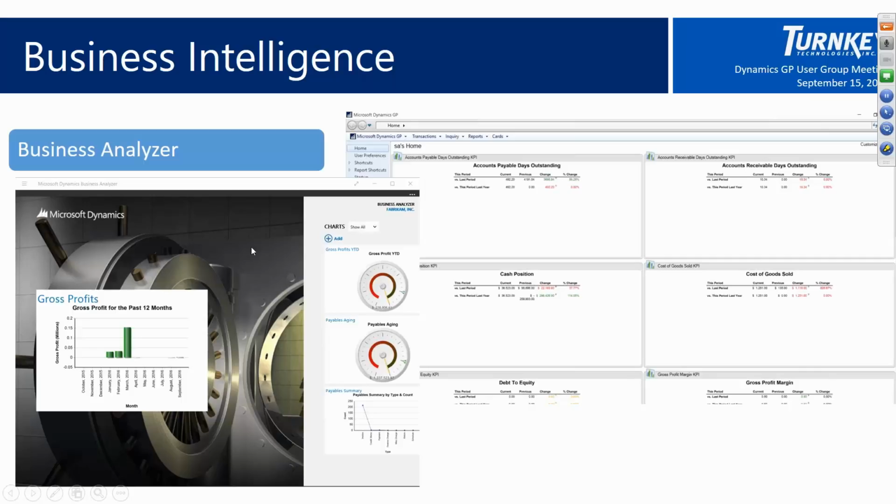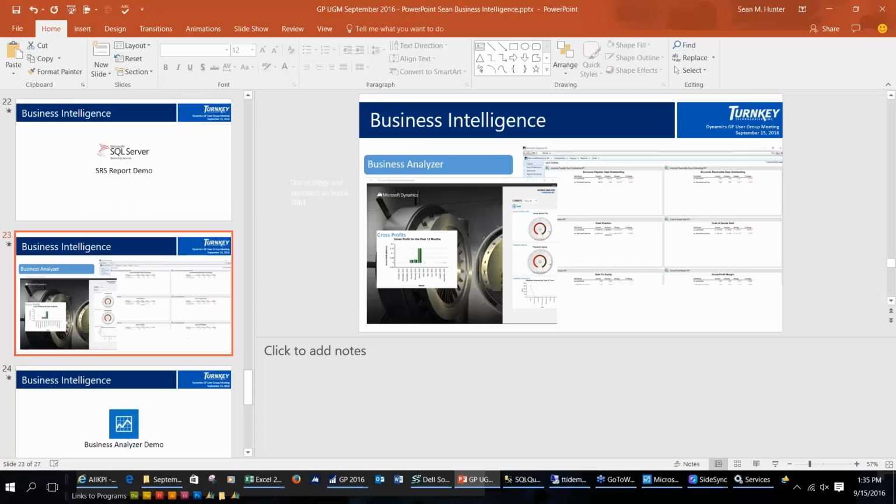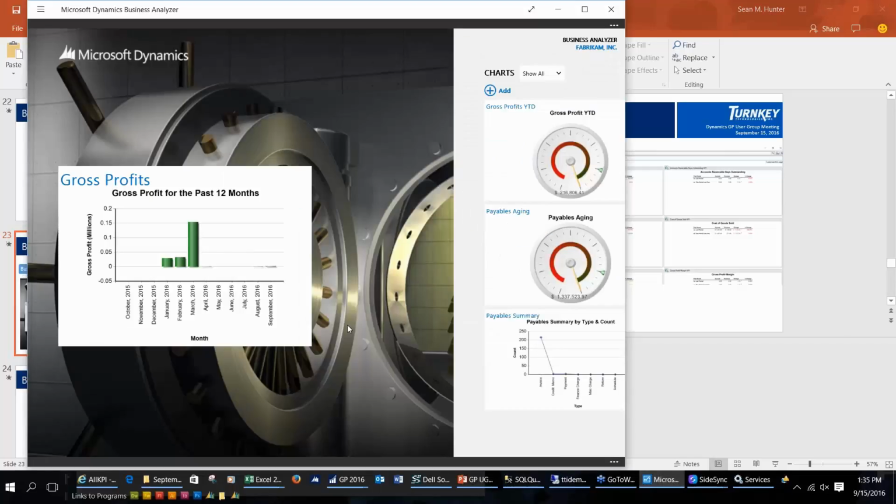The benefit of that one is, again, that it can be outward facing. And then you've also got the ones that can be on the home page. So just to give you an idea of how this all works to unify the system, here I've got Business Analyzer pulled up locally on my laptop. It is pulling out to our demo database and bringing data back here, of which I can look at and